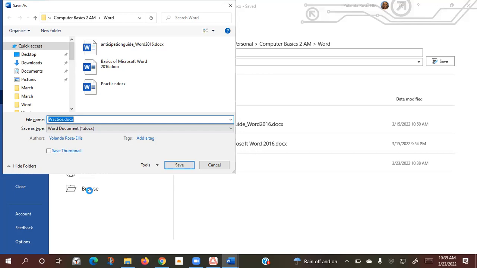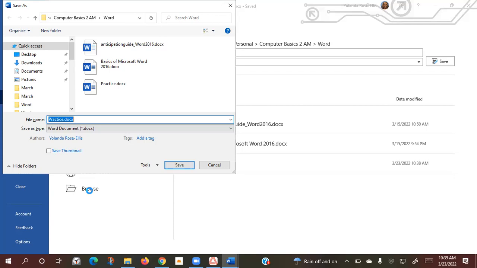We're going to the Word folder in OneDrive, Carlos Rosario. When we open the Word folder, we are going to go down to File Name. We can't keep the same file name